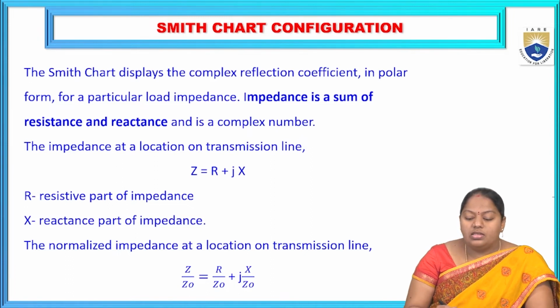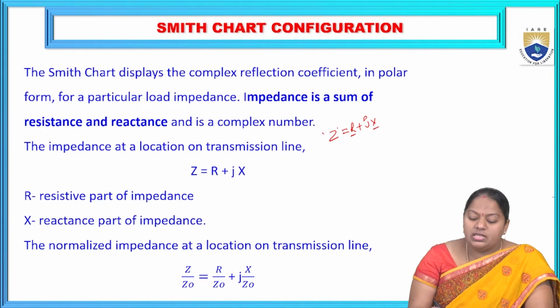Now, to draw the impedance Smith chart, the notation for impedance is Z, given by a real part R and an imaginary part represented with X. That is why it consists of resistance and reactance. Hence, to draw the impedance Smith chart, we require constant resistance circles and constant reactance circles. To draw those circles, first we need to represent it in terms of normalized